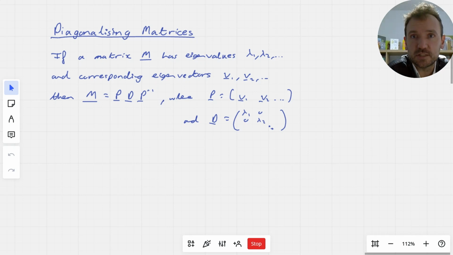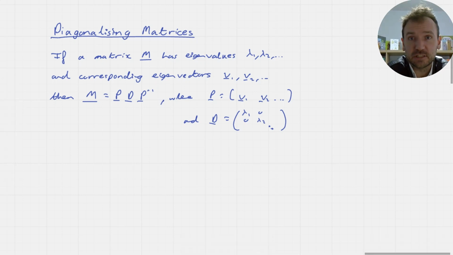This video is going to look at diagonalising matrices, what that means, how we can use eigenvalues and eigenvectors in order to do it, and then how we can apply this to find higher powers of matrices without doing a whole load of calculation. So this video isn't going to prove the result I'm about to claim. If you want that, there should be a video coming soon if you're interested in that,